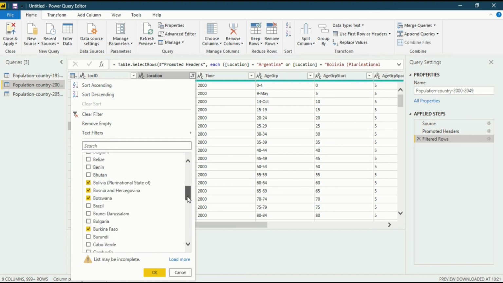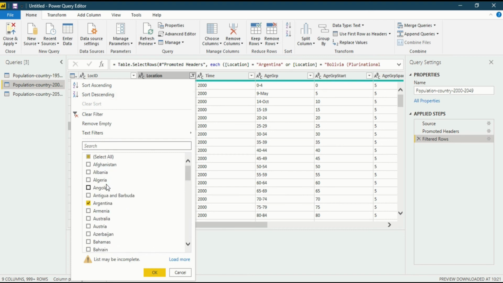You can easily see Afghanistan, Algeria, and all these countries have also been removed. Not only the rows with NA but also data that doesn't have NA has been filtered out. That's the problem with filtering through the search menu.